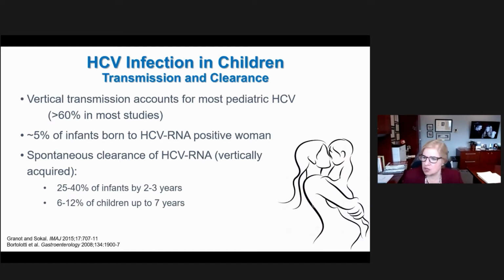So vertical transmission accounts for at least 60% in most studies of infected children. If we look overall at children, approximately 5% of infants born to infected mothers, those who are HCV RNA positive, will become infected with the virus. However, spontaneous clearance of hepatitis C does occur in young children. And we specifically know that about 25 to 40% of infants will clear the virus by ages 2 to 3